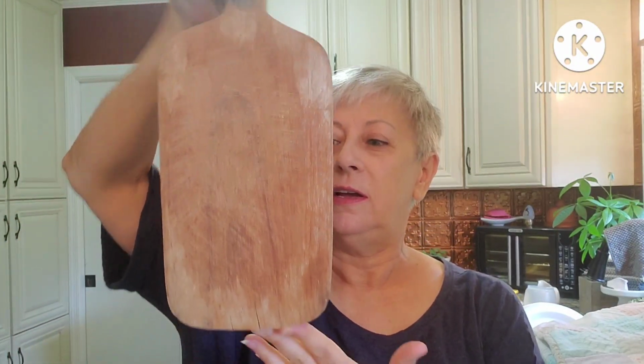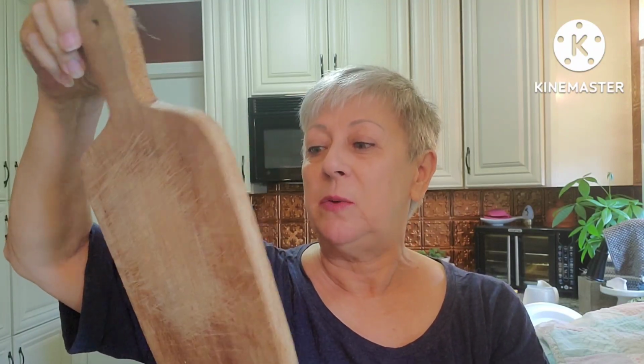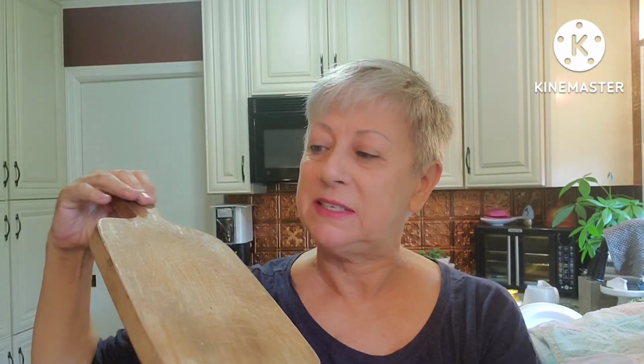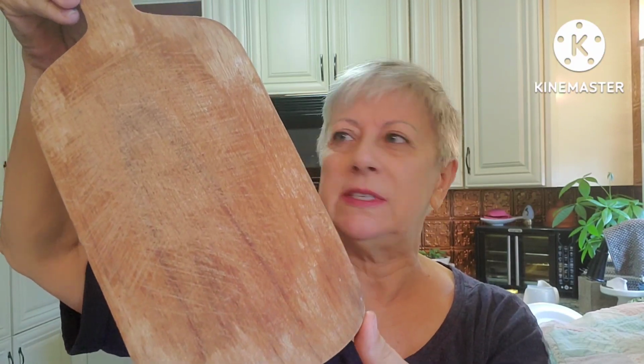Found this cute little cutting board. And it obviously has been worn, but that might be some of the kind of character that goes along with it. So I'm not sure what I'm going to be doing with this yet, but hopefully something for the fall time, because it does, to me, it already says fall. It just has some really nice different brown tones in it. And then